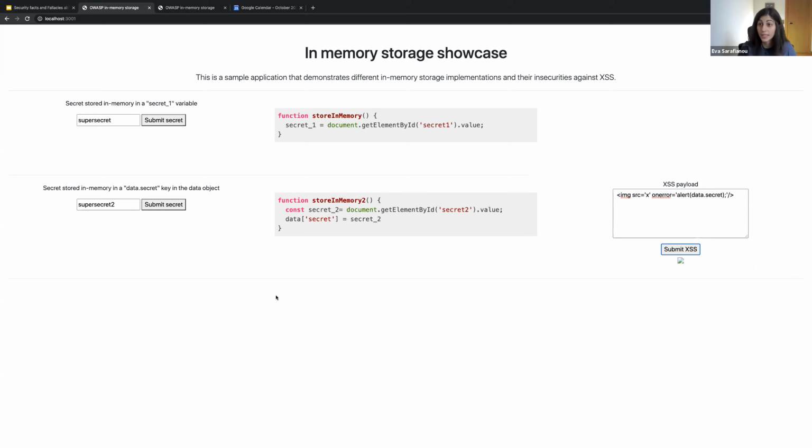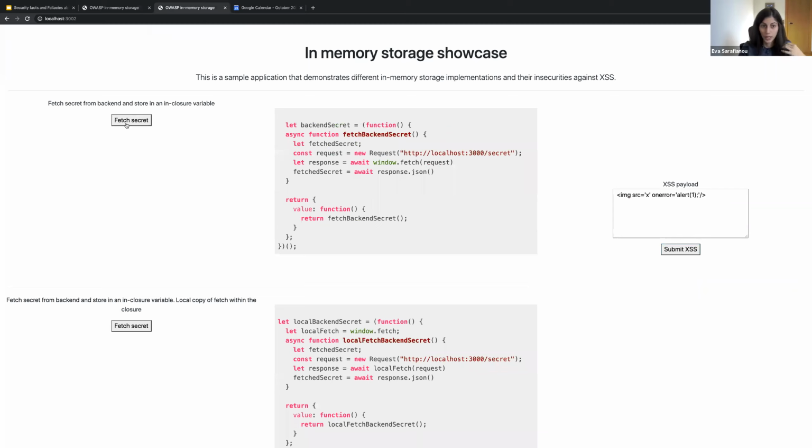Now, it is often said, and there is some truth there, that a way to protect in-memory storage is to use JavaScript private closures. And this is what we will see in those 2 examples. And I will walk through the code so you don't have to do it by yourselves. So first, to explain what is a private JavaScript closure. Our closure in this case is the fetchBackendSecret, because as you can see, this function is defined within the external function here. So we have this private closure, and within this private closure, we defined a variable called